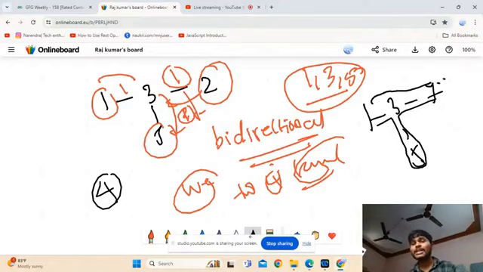Here let's suppose the target is 7, because nodes 1 to 7 are there and the remaining nodes are not connected, they are single, like this, assume like that. So we never reach 7 here. So guys, you should remember this.